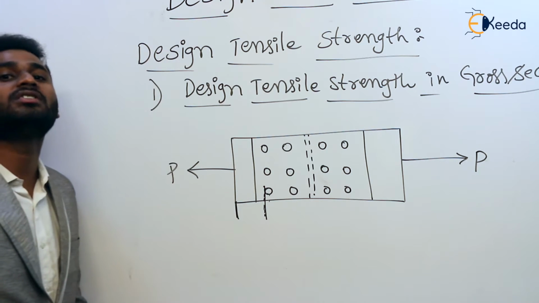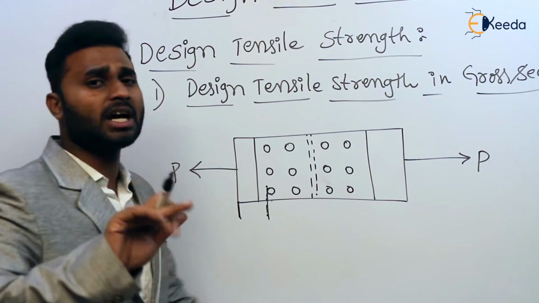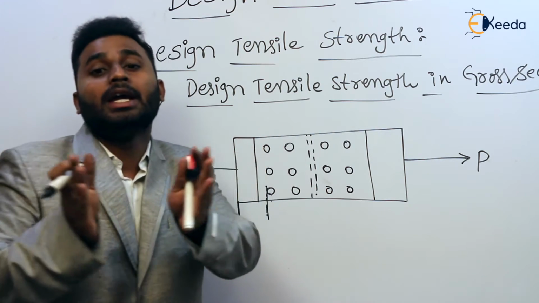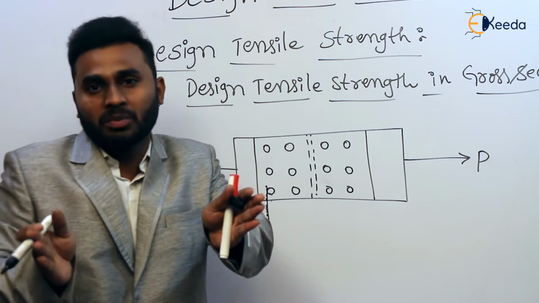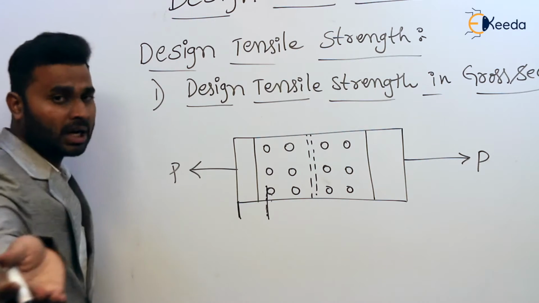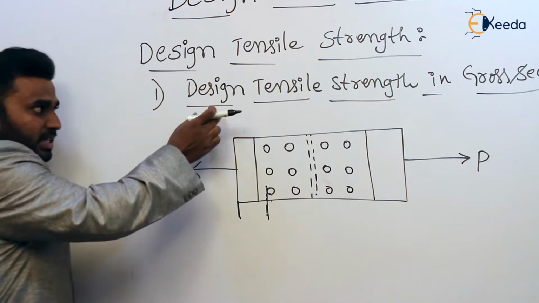That is known as cross sectional yielding failure. Here cross section yielding means the material is not going to break or divide into two parts, but simply it is going to produce elongation more than permissible. That is known as cross section yielding. So in transferring the load from here to here, it may yield, meaning produce elongation more than permissible. So now, in this criterion we have to design.